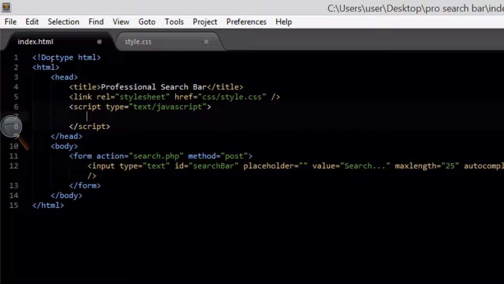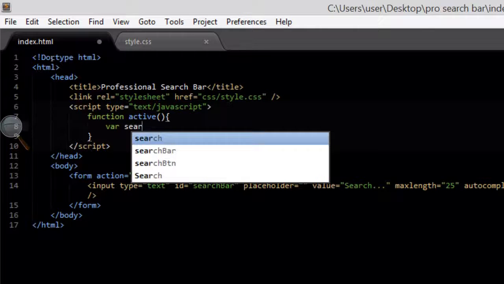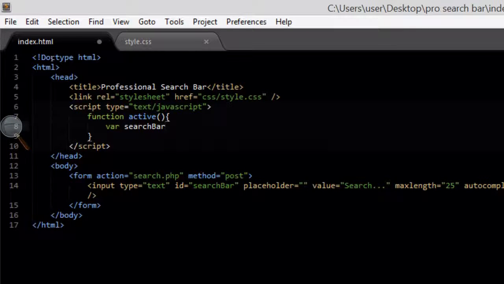So now we're ready for the JavaScript. And this is where it gets interesting, because we're going to add a little bit of functionality to our search bar. So we're going to type function active, open and close curly brackets, open curly brace, and close curly brace, leaving a gap in between. And in here we're going to put var, which is short for variable, search bar, equals